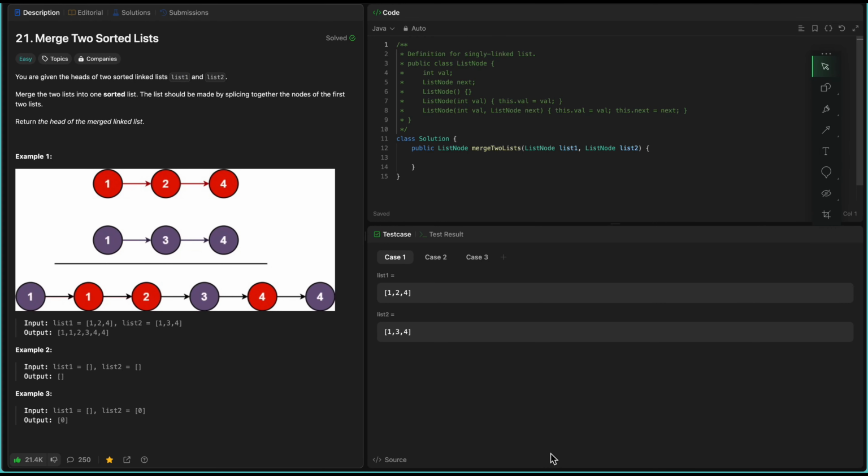Hello everyone, let's talk about an easy problem on Leetcode today. Leetcode 21, Merge Two Sorted Lists. It says that given the heads of two sorted linked lists, list 1 and list 2, return one sorted list